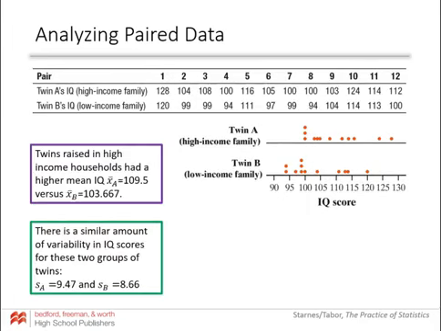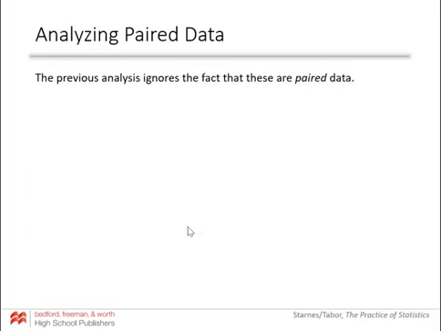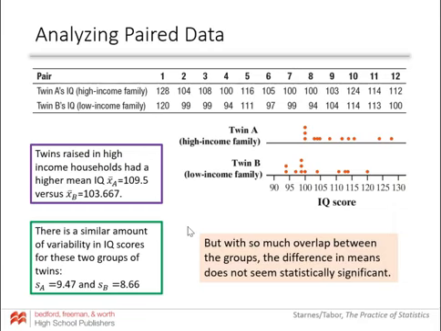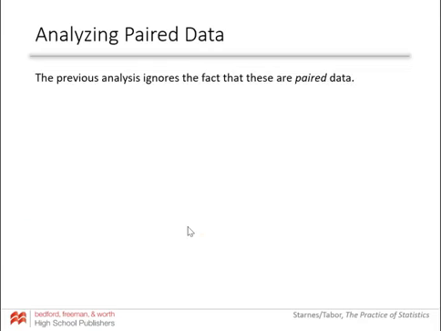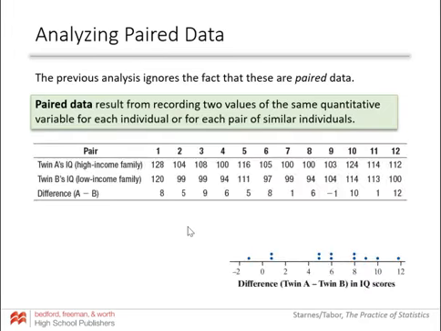Okay. So the high income family twins had a mean of 109.5 and the low income family twins had a mean of 103.667. Standard deviations are pretty close, but if we look at these graphs, it doesn't look like there's a huge difference. Yeah, B is a little bit lower, but there's not a huge difference. But when we do our study this way, we're ignoring the fact that these are paired data